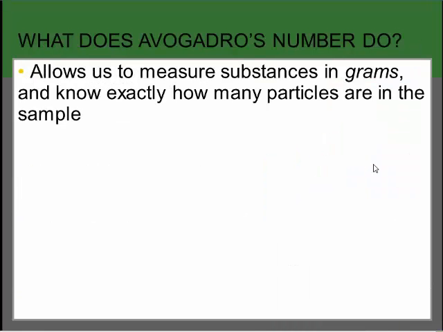So what does Avogadro's number do? What can we do with this number, the mole? 6.02 times 10 to the 23rd objects in a mole. It allows us to measure substances in grams and know exactly how many particles are in the sample. Essentially, we're going to come up with a conversion factor that will allow us to convert from grams into the